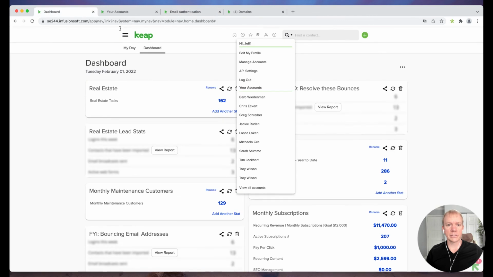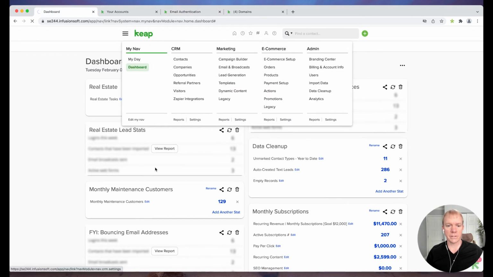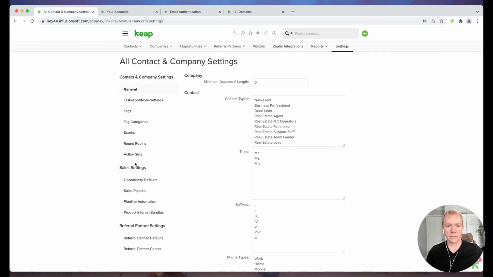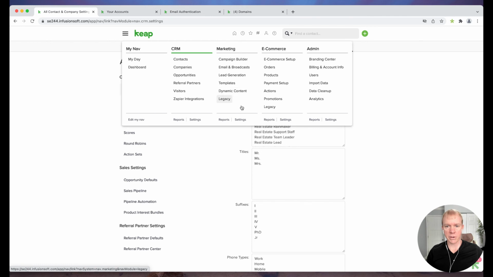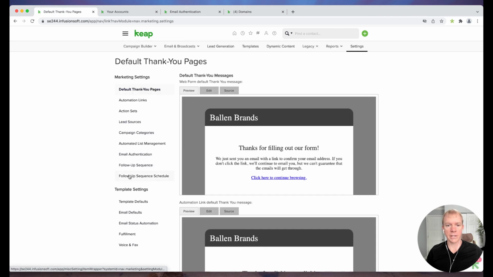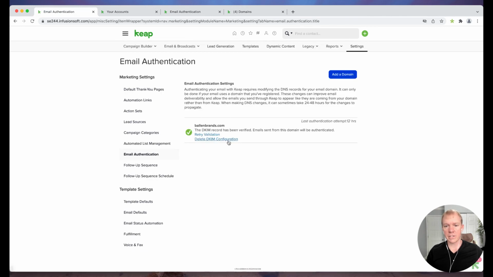As a matter of fact, I'll just show you settings. Email, marketing settings, where am I at? I don't think I went to marketing, there we go. I went to CRM settings. So marketing settings, email authentication, and it shows this is in here, it's already been validated. So it does authenticate several times over and over again to make sure it stays, so it'll show the last authentication. If for some reason it